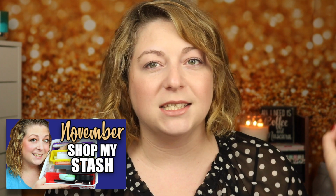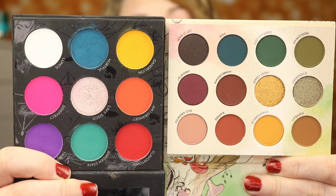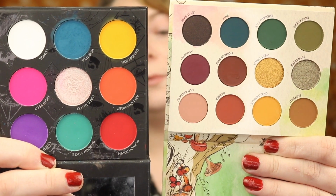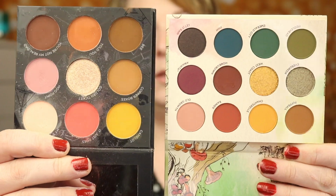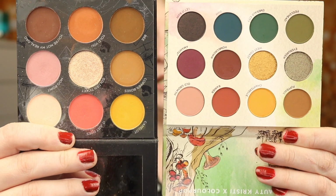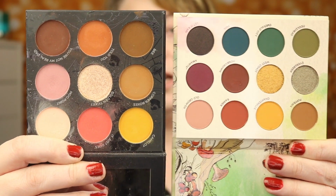It is currently in my November Shop My Stash collection, and I've been using it over the past month. I wanted to give you guys a side-by-side of these two palettes. This is the side-by-side of the colorful side of the double-sided pressed pigment from Pure. Obviously the At Foresight is only one side and it is 12. The Pure Rawbeautykristi collaboration comes with 9 pans on each side, so it's 18 pans in total, and you only